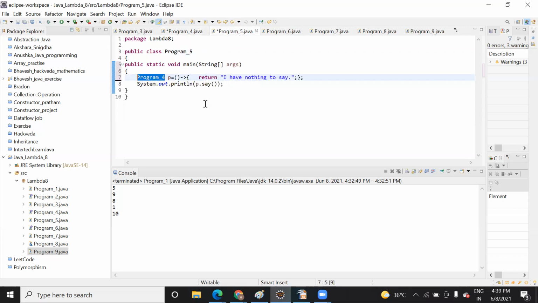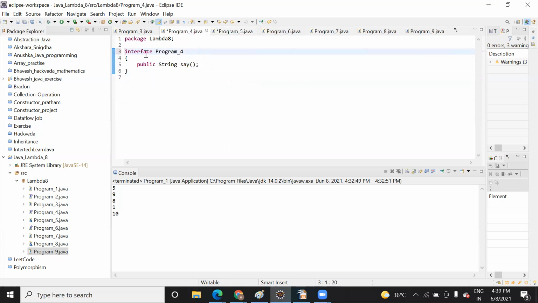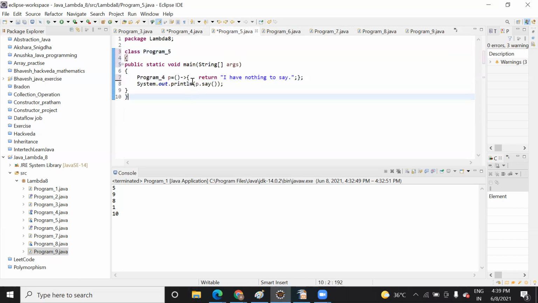But whether you use public or not doesn't matter for the interface, I think. If you don't use public in front of that interface, it is still public only. It will not become private or protected. See, here we are not implementing anything. When we use a normal interface and class without the implement keyword, the class it uses inside should be public.